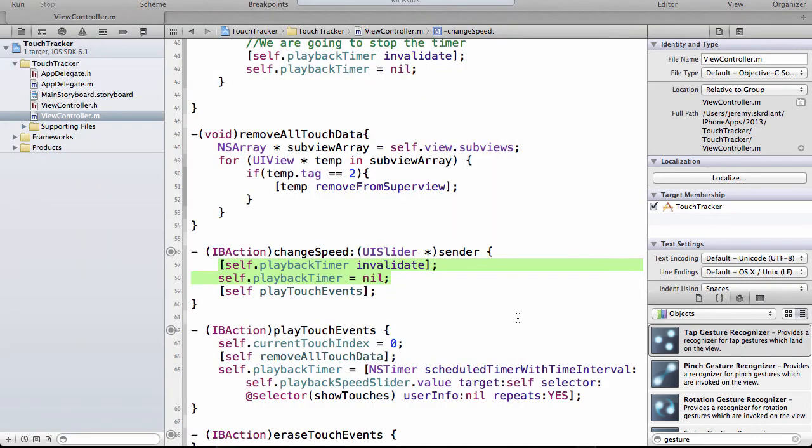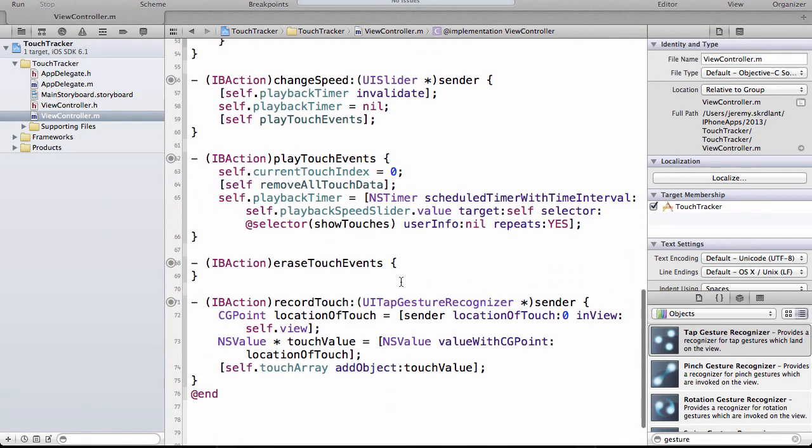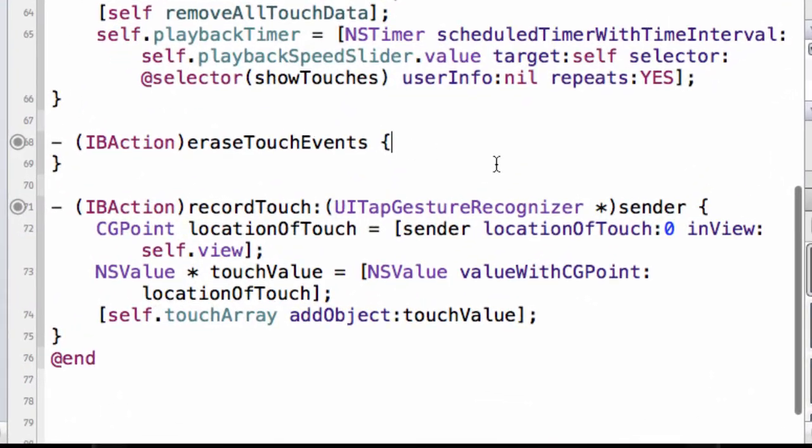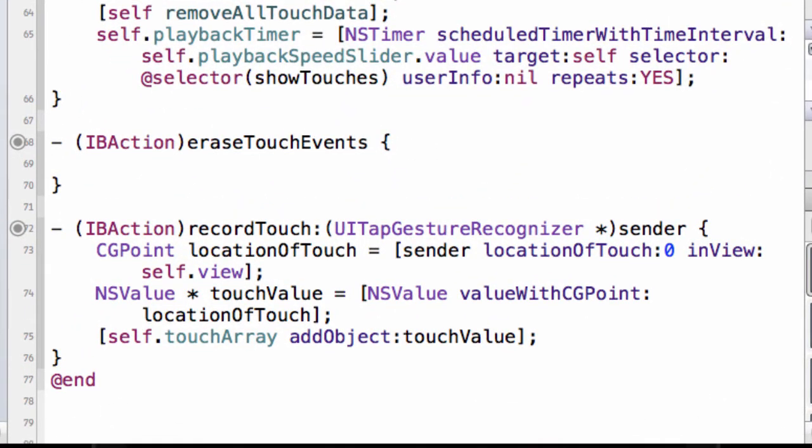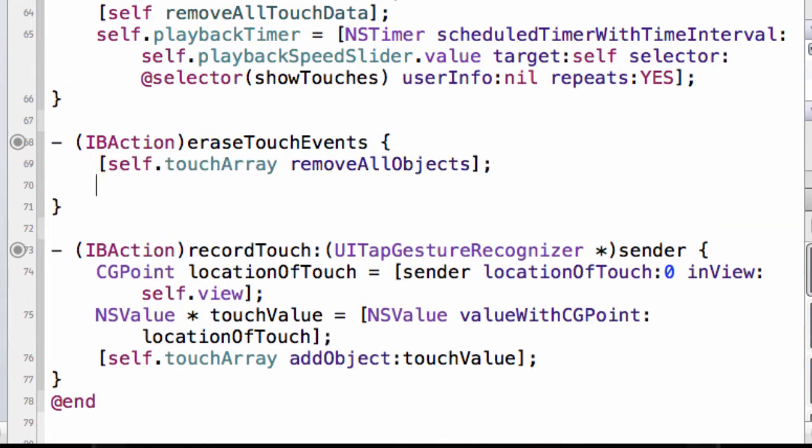Now if I want to do an erase, we need to fix that. That's pretty easy. The erase is already hooked up to erase touch event, and our array, we just need to empty that out, and there is a real quick method in NSMutableArray that will actually do that for us. So we're going to say self.touchArray remove all objects,